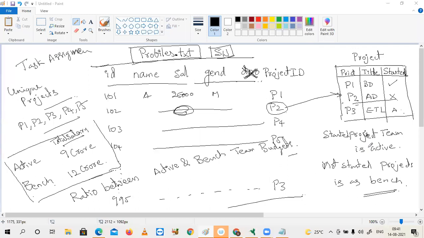But some projects already started, some projects are yet to be started. The team members of running projects are treated as active. The team members for whom projects are not yet started are treated as bench. So what is the total salary budget of bench, the total salary budget of active? And finally, what is the ratio between active and bench team that I need?